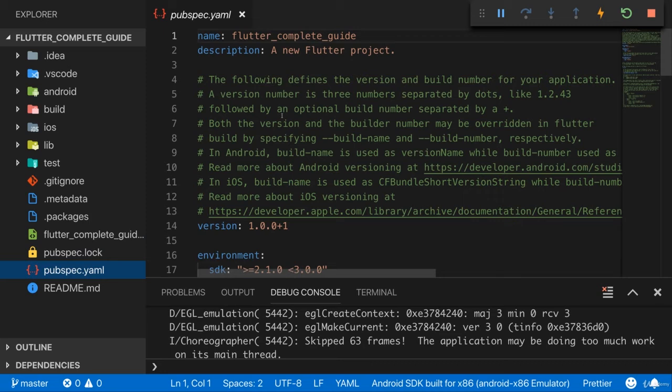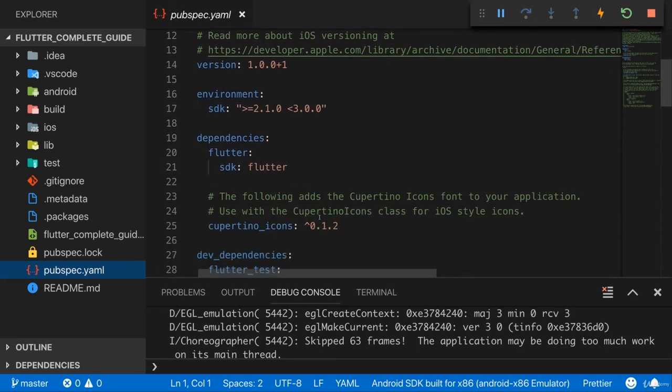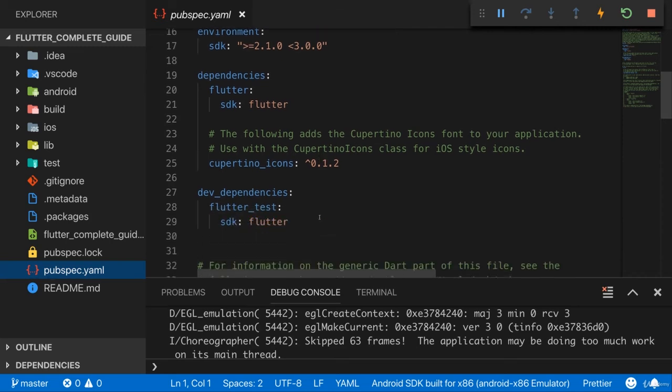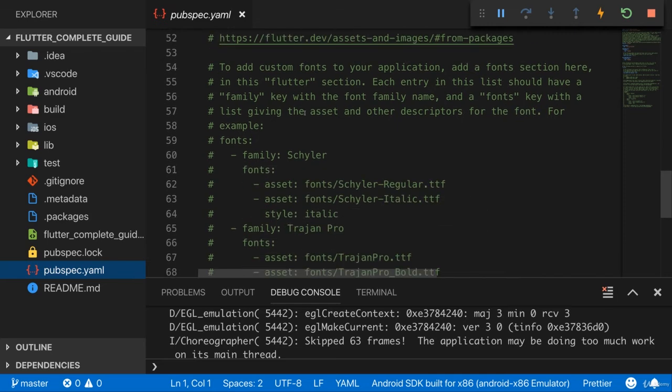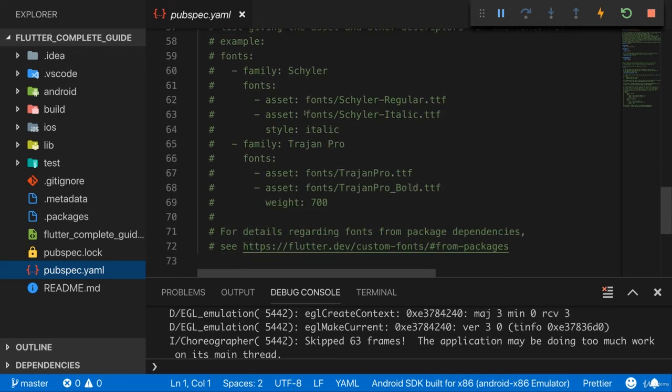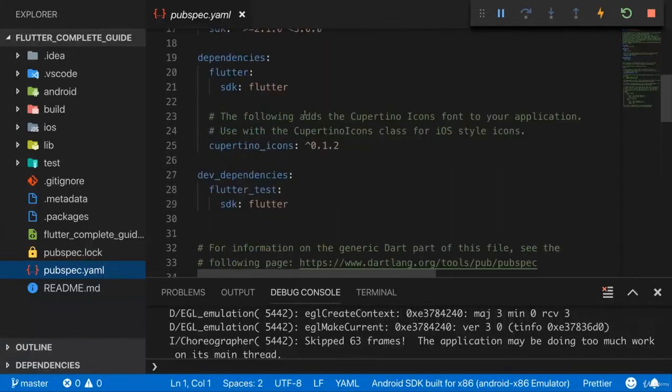This is a file that allows you to mostly manage the dependencies of your project. Now, what does this mean? This means that here you can configure which other third-party packages your project might be using. You can also configure some other things in here, like for example, fonts you want to use or images you want to use in your application. And we'll use all these features. We'll work with third-party packages and we'll use fonts and images. And therefore, I will show you how to work with this file and how to change it to include new fonts or new images. I will show you all of that step by step.